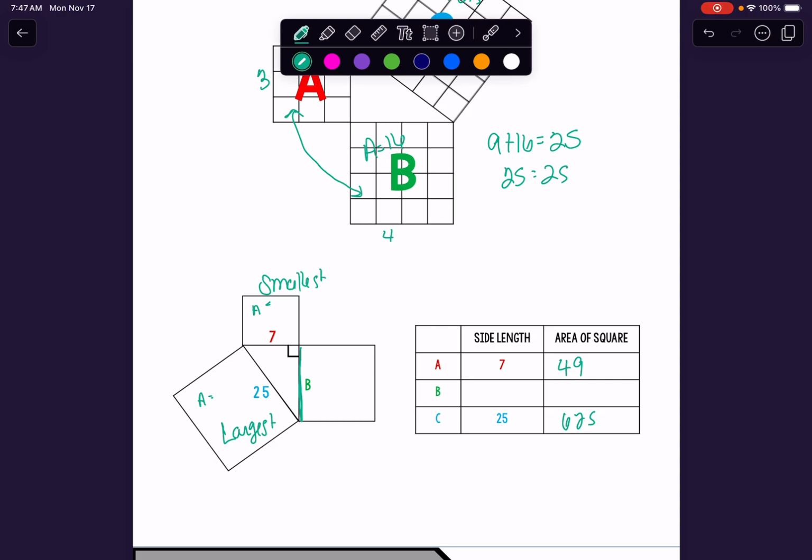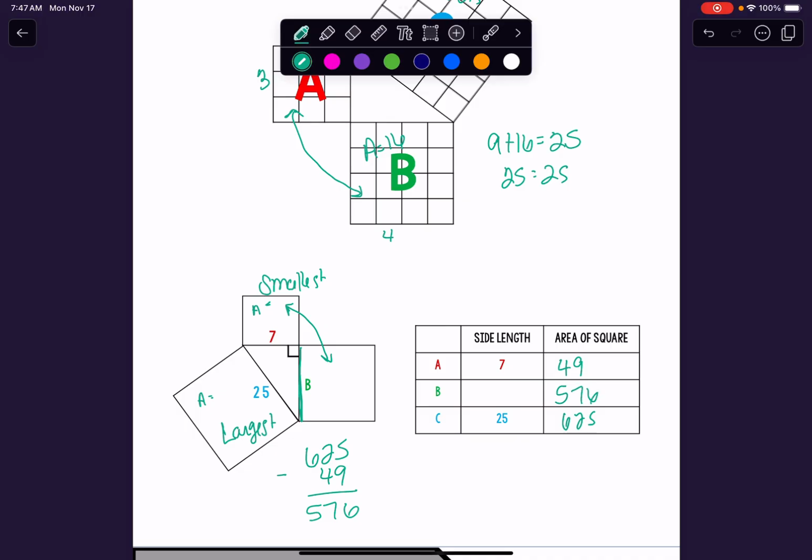So if I know the largest and the smallest and I need to find the medium, typically I add these two together. So if I would have taken the area of the smallest one plus the area of the medium one, it gave me the biggest one. To find the medium one, I've got to subtract. So I'm going to do 625 minus 49, which gives me